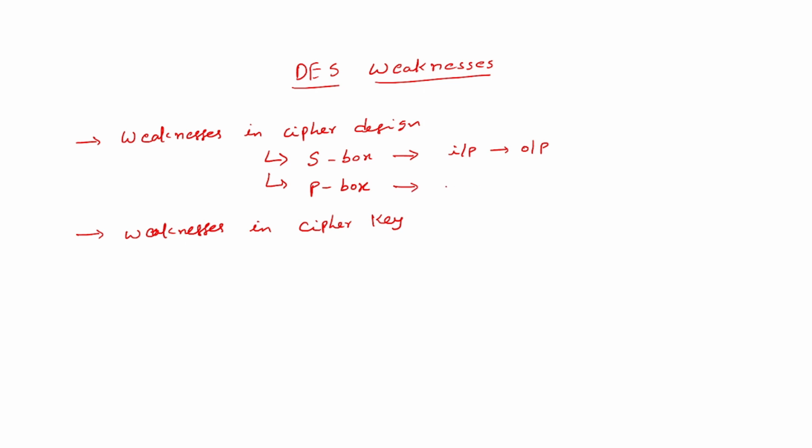In the same way, in the P box, there is no information about why there is an initial permutation and final permutation. Designers have not made clear why they included the initial permutation and final permutation. That is one thing. And next thing, in the expansion P box,